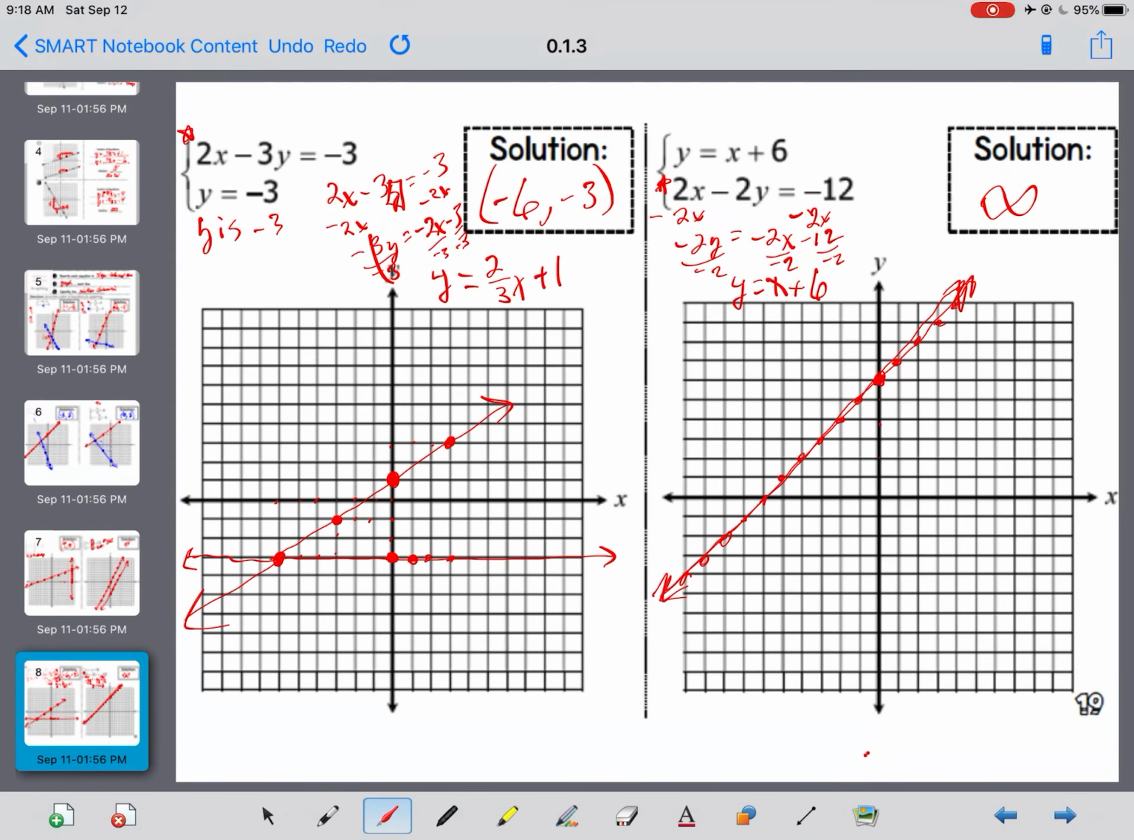Okay? So if you get the same slope, so this one was a 1 and that one was a 1, that's the same slope. And the same y-intercept. Same line, forever. Same slope, different intercepts. No solution. Different slopes, definitely one solution. Got to find it. Okay? So, there you